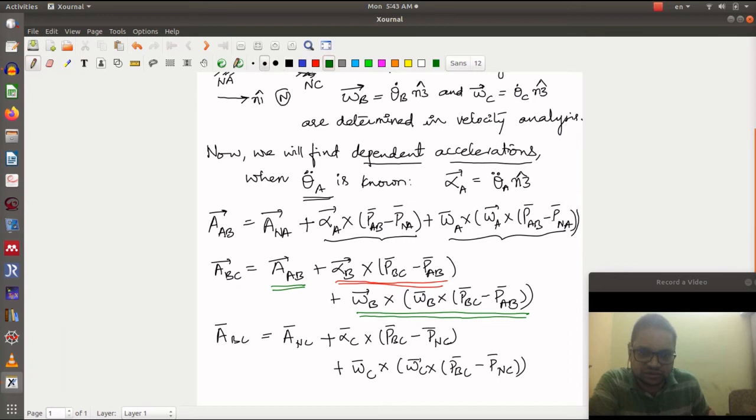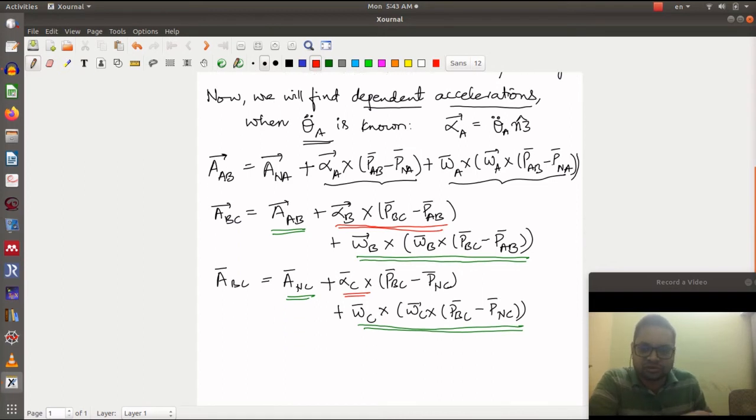Even in this, it is fully known because we know our omega C from velocity analysis. This is 0, 0, so this is known. This is the quantity that is unknown. This is again known. Okay, so now if we equate these two equations for acceleration of BC, again we will get